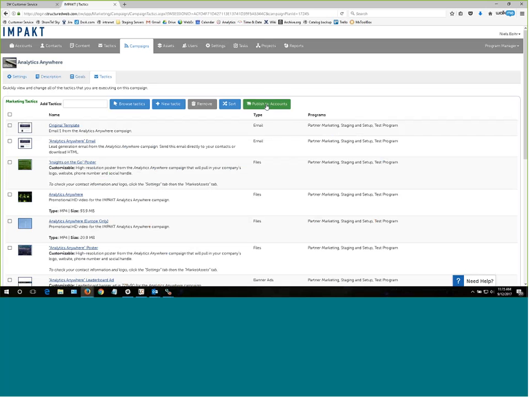Okay. Any questions with that, with the Publish to Account functionality? Okay. Another functionality that we've added to the Tactics tab to make it make your lives a little bit easier